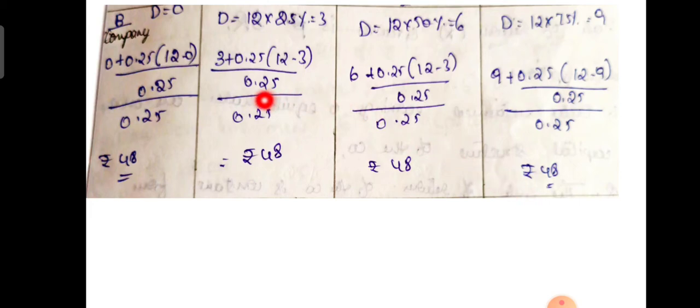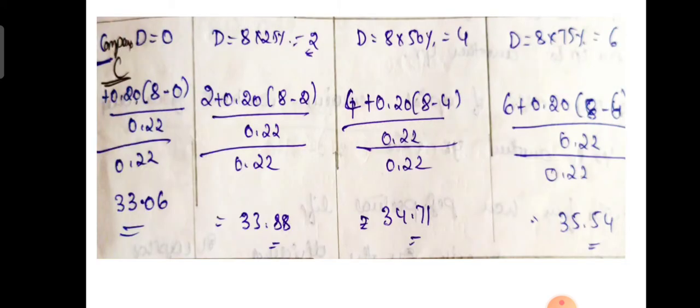So company B is a normal firm because its market price remains constant for any payout ratio. If you increase or decrease the dividend payout ratio, it will not have any impact on the market price, because it is a normal firm. Okay, then third, company C.